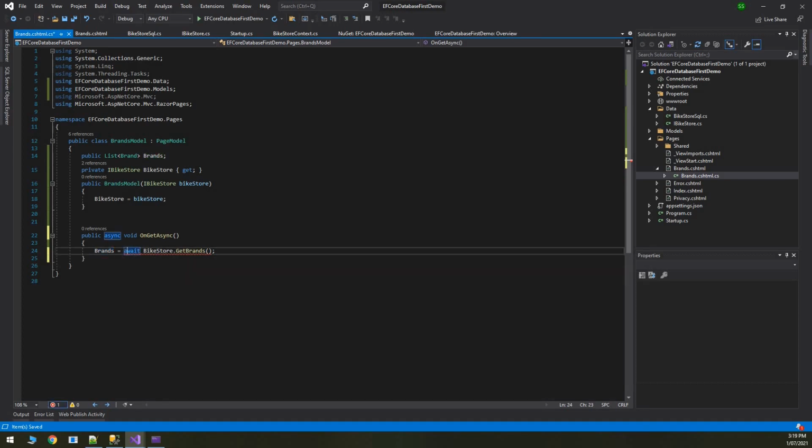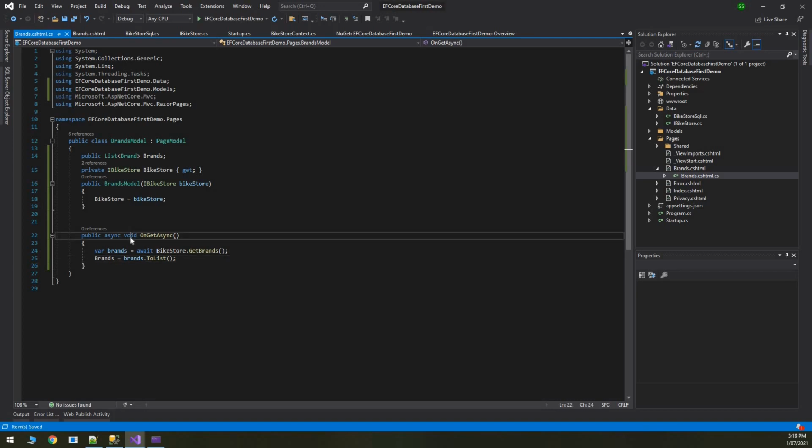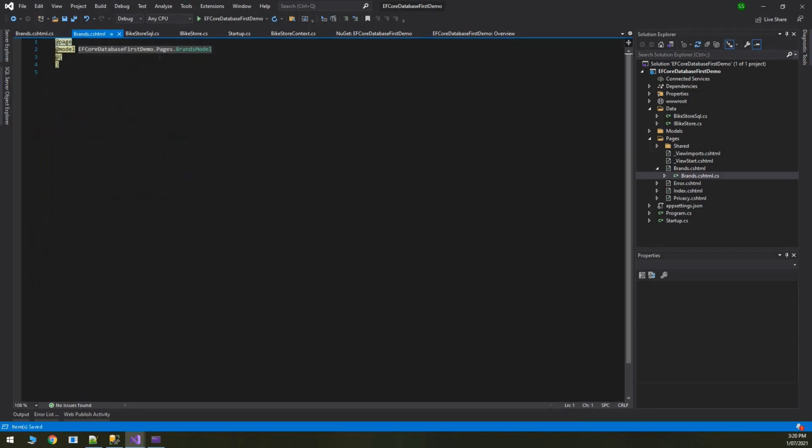So we will basically put this in a variable. So we'll say var brands is equal to await bike store and get brands, and in the second line we'll assign the brands to brands.toList, and we also have to make a change over here. We have to return a task of type IActionResult, and basically after assigning our brands we will return the page. Now we have successfully implemented the get method over here,